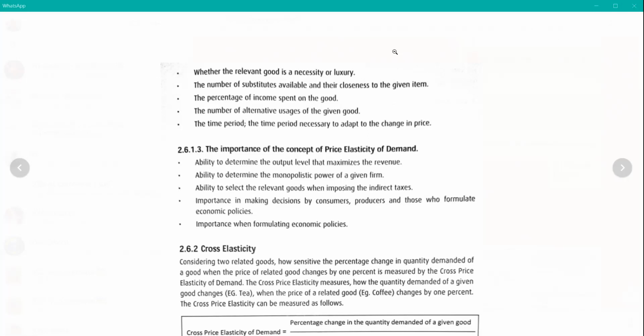Right. So next one, ability to determine the monopolistic power of the given firm. Monopolistic power means a single firm, only one firm in the market. It is called a monopoly. If a firm is having